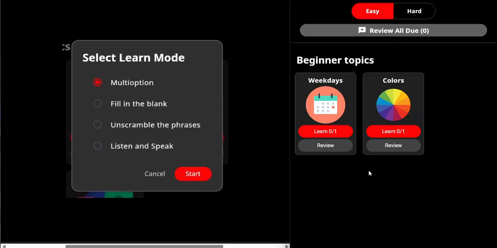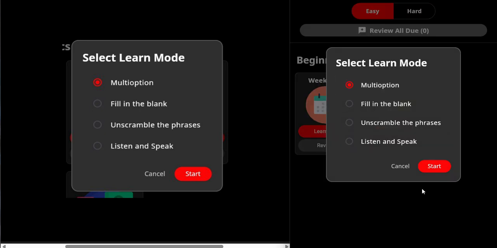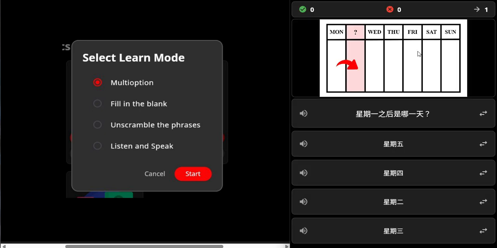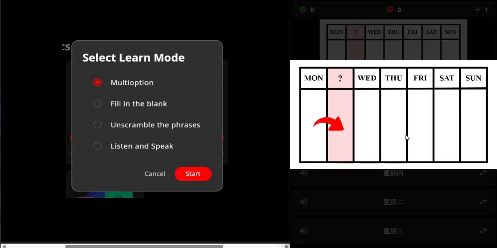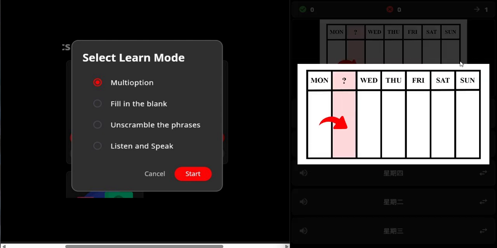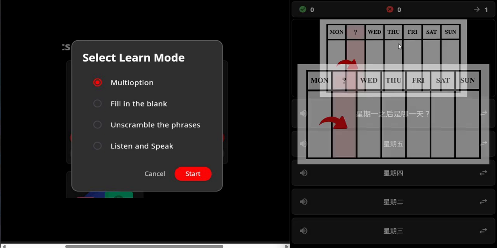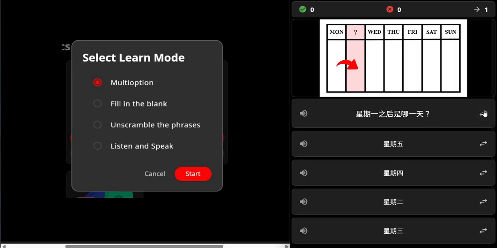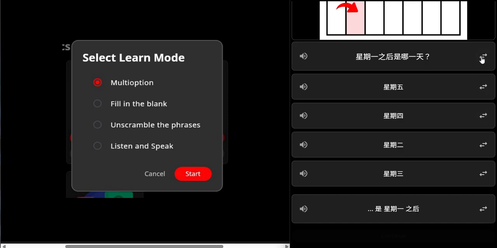Now I'll show you all the four modes. The first one is multi-option. So you have the picture, you can click the picture, you can zoom into the picture. After clicking anywhere, it disappears. And here's the question. The toggle button toggles between the original script, transliteration, and the source language translation, which is English in this case. I will leave the